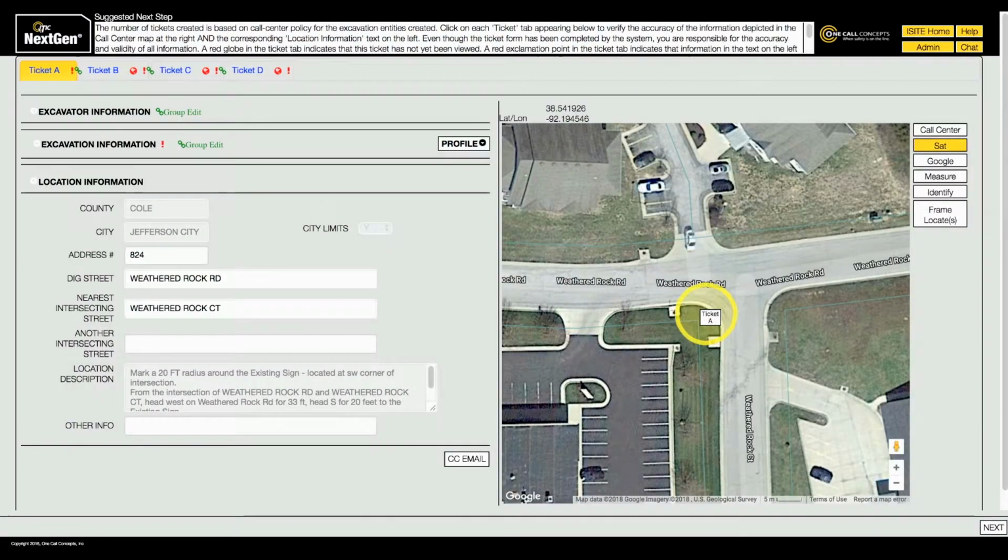NextGen calculates the most efficient way to break up or combine the excavation entities you have created and assign them to locate requests. In this example, NextGen has determined that 4 tickets are required to cover the excavation area. These tickets are represented by the tabs located in the upper left corner of the screen, temporarily named Ticket A,